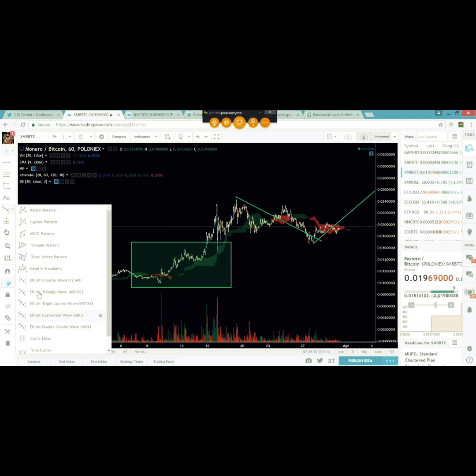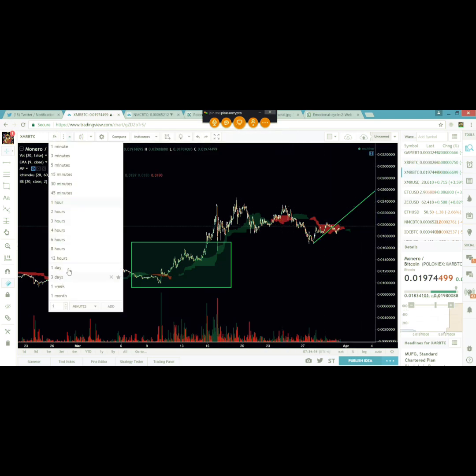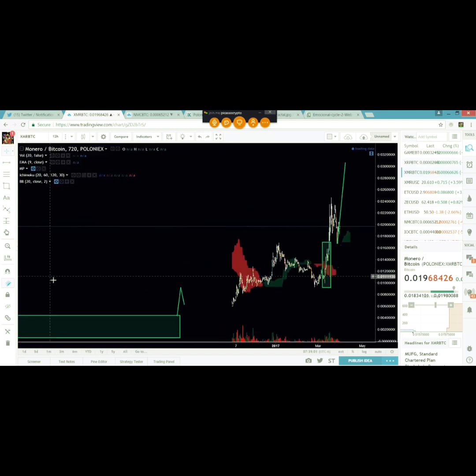That's all this thing did. It was a bigger, higher time frame 1 and a 2, right here to right here. That just did a 1 and a 2, and we're starting our third leg up. Now, we don't know how big this thing is going to get just yet, but we have an idea now that it printed itself out on a higher time frame and we can compare it to the last wave.